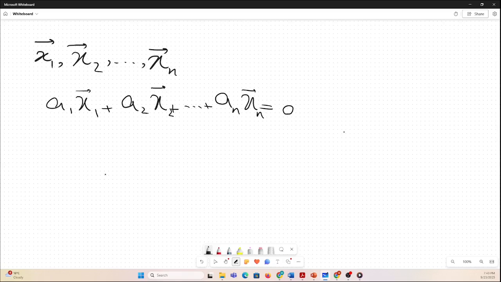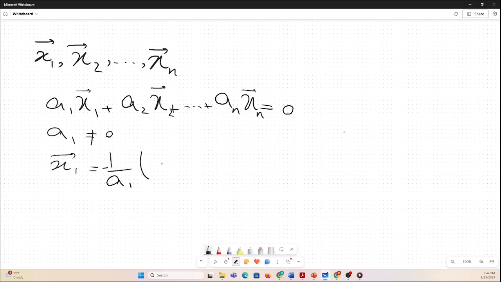If a1 is not 0, assume a1 is not 0, we can solve this equation for x1. x1 is equal to 1 over a1